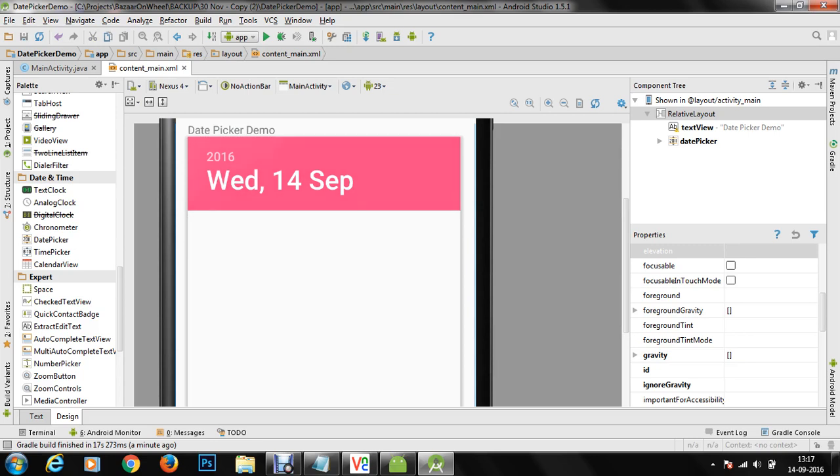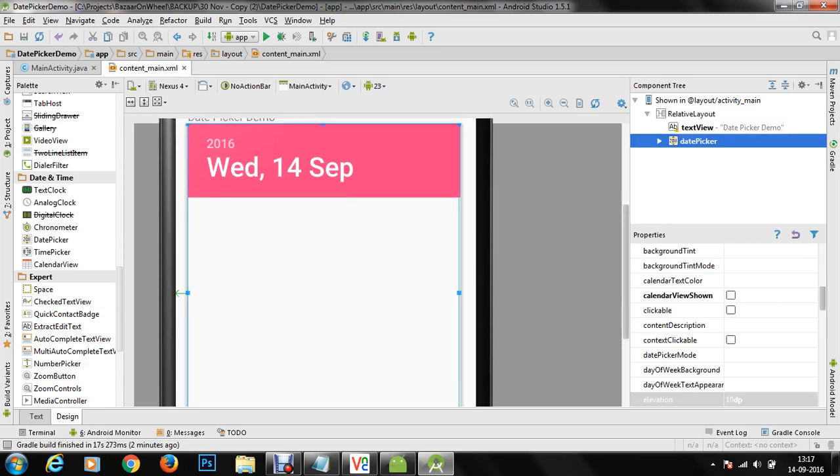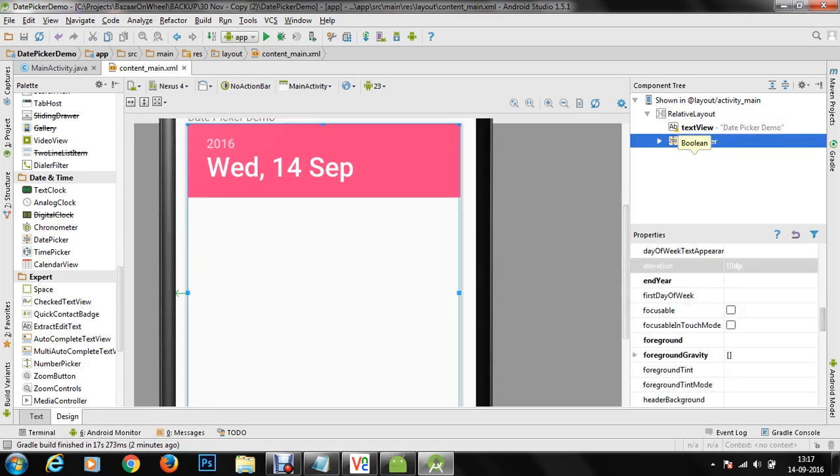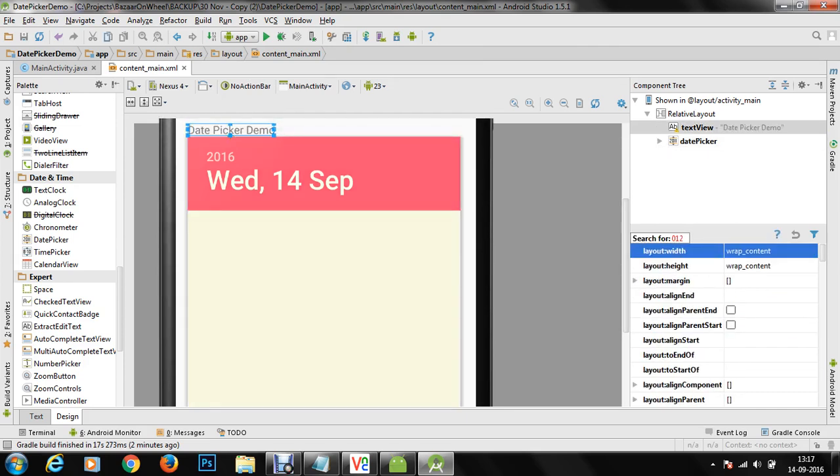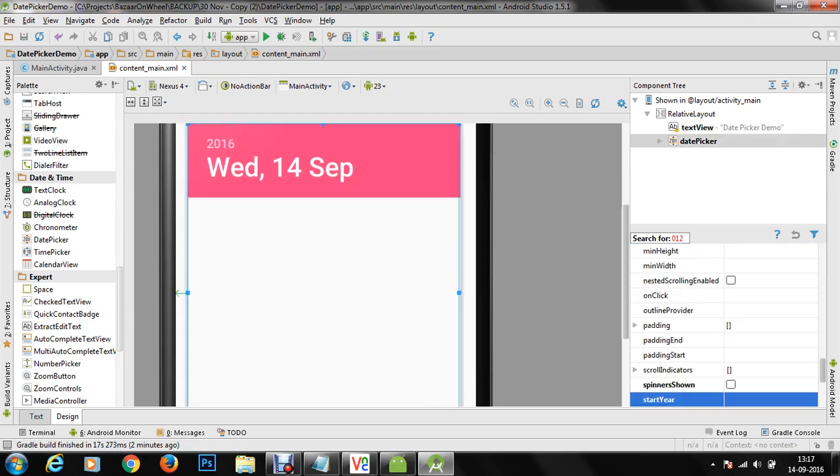And here this shadow is visible, and it shows you that it is around 10 dp above. So this comes under the material design theme. So we have provided an elevation property to the date picker control as 10 dp, and you can specify the end year, let's say 2020 will be the end year, and we are going to give a start year as well. Here are a few properties like specifying the start year. Let's say I would like to get started with 2012.